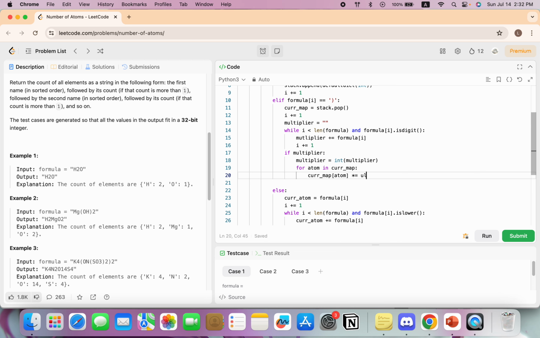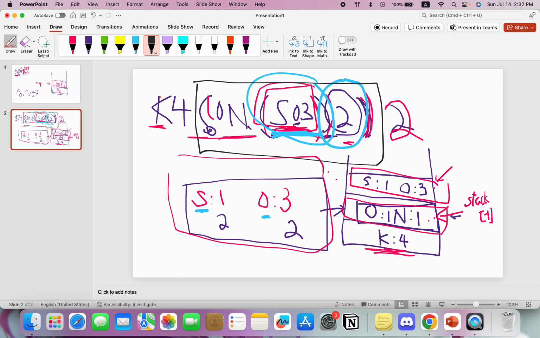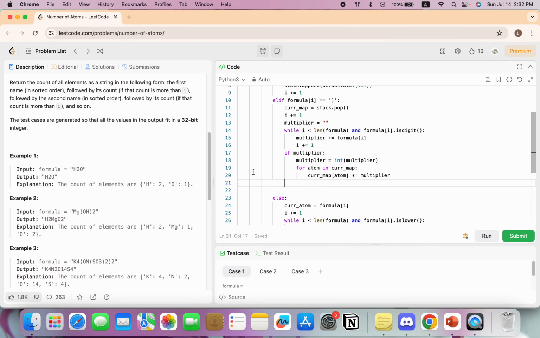Multiply it by the multiplier. And then now we know that this one has been done. So we want to add them to the outer map, which is the one on top of the stack right now. So we can say for atom in current map,